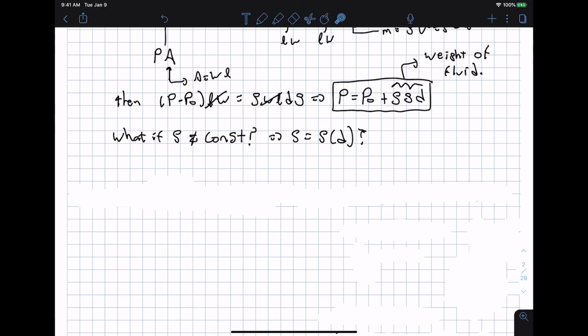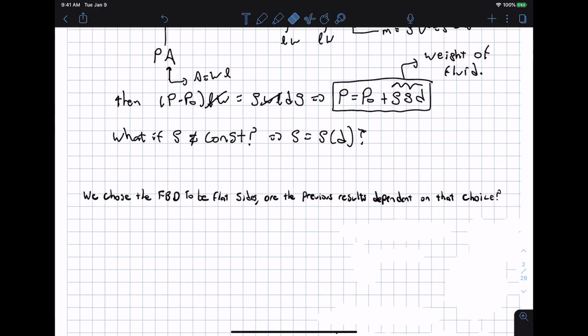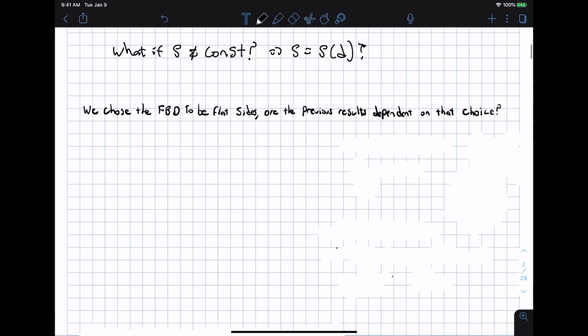Okay, so now we will choose a free body diagram. In the previous analysis, we chose a free body diagram that had flat sides. Are the results dependent on that? Rather than analyzing a free body diagram that looked like a nice square with flat sides, we'll choose an arbitrary element of fluid to analyze. It looks something like that, and we'll have gravity going in some random direction, like that. And this is just an arbitrary